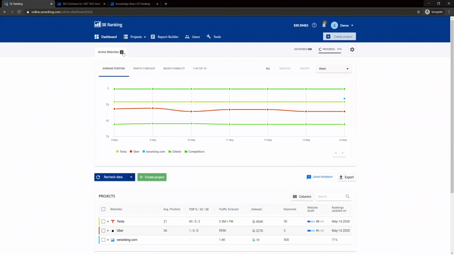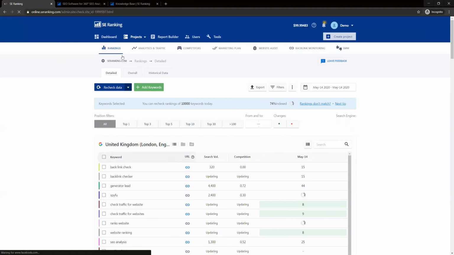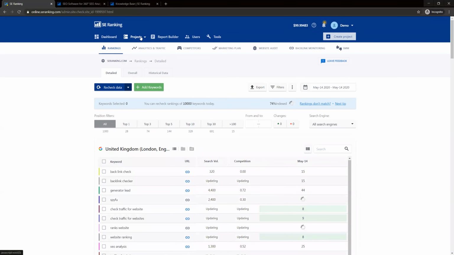So I had 8 websites, now I have 9, and the rankings are almost finished for those 500 keywords that I just added. So let's go ahead. So this is a new project. It won't have much in terms of data here, but let's go into one of the projects that I had before, which is,